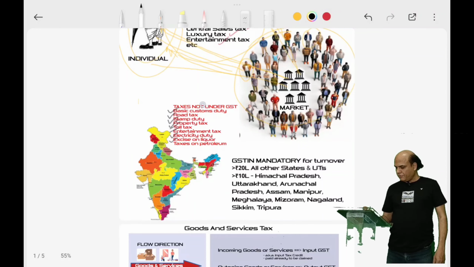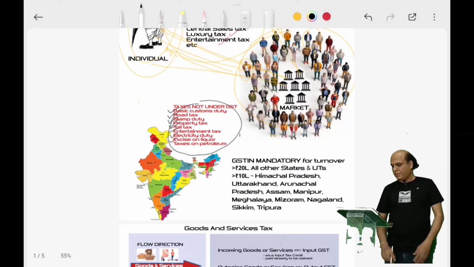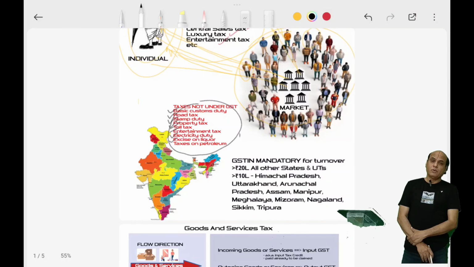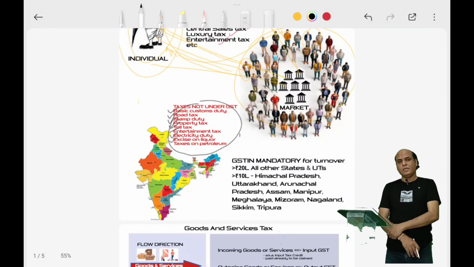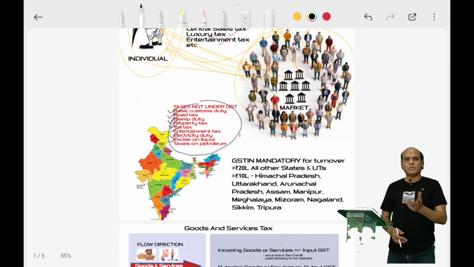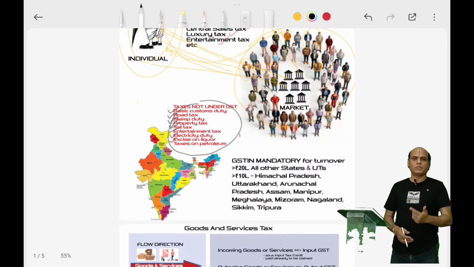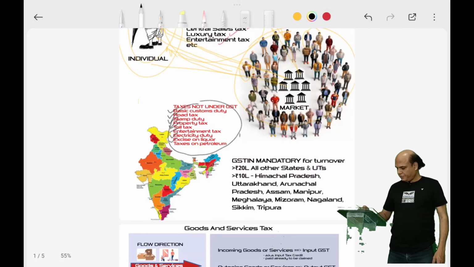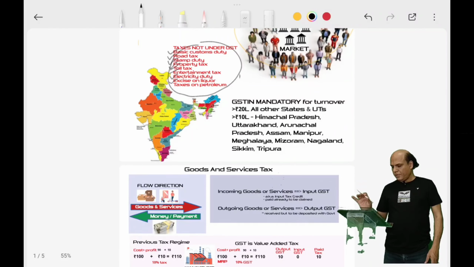So these are a bunch of taxes that do not fall under the purview of goods and services tax. See, why I listed them here is there could be an MCQ on this. Which of the following taxes do not fall under GST? So they might have petroleum as one option. So we never know where the MCQ will come from. So such things, although insignificant, it is always better to be aware. Let's move further.